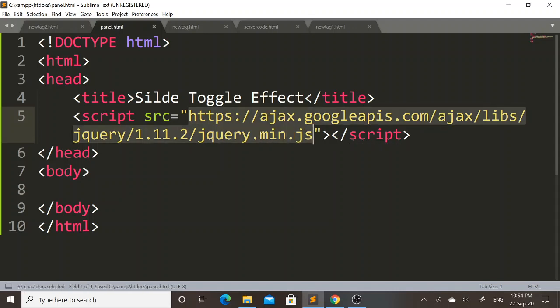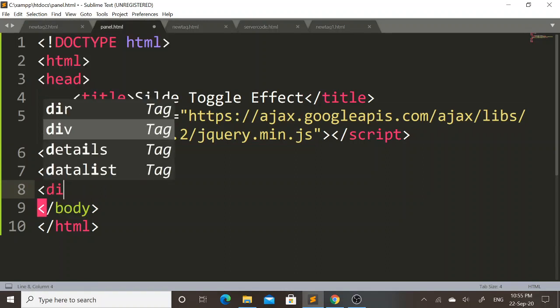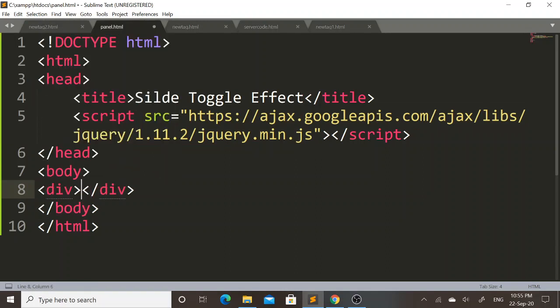So I will take the help of this jQuery library for the execution of slide toggle effect in my HTML web page. Then later on in body tag I will include two division tag.